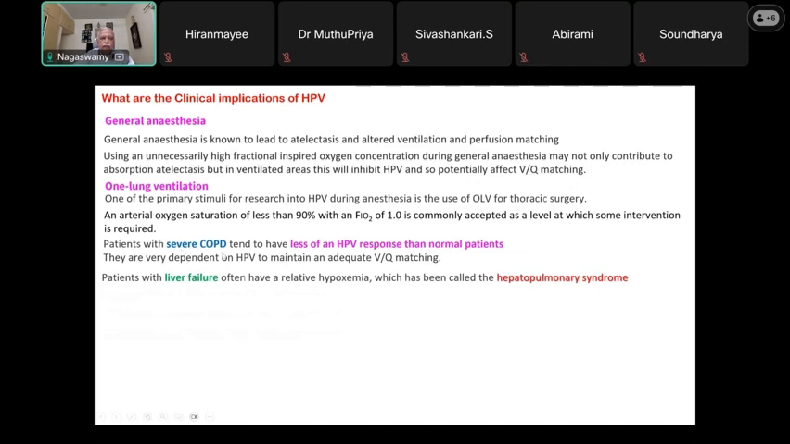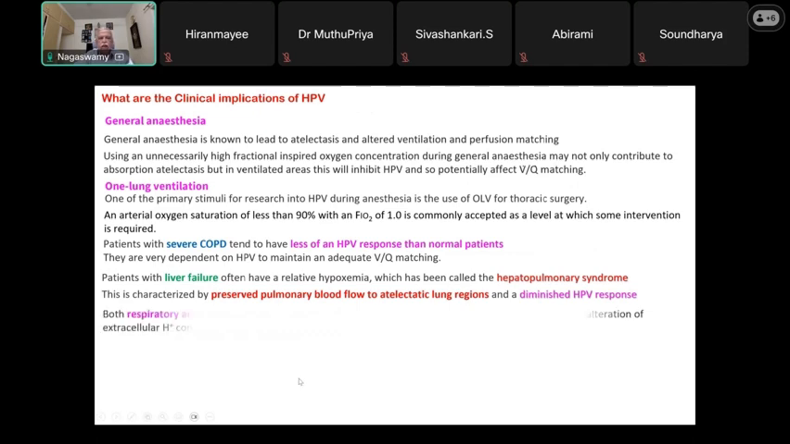And in patients with severe COPD, this is supposed to restrict that, but the response is much less compared to normal patients. And in patients with cirrhosis of the liver, you have a syndrome called hepatopulmonary syndrome. There also, failure of this HPV is the one causing the hypoxemia in the various positions. And